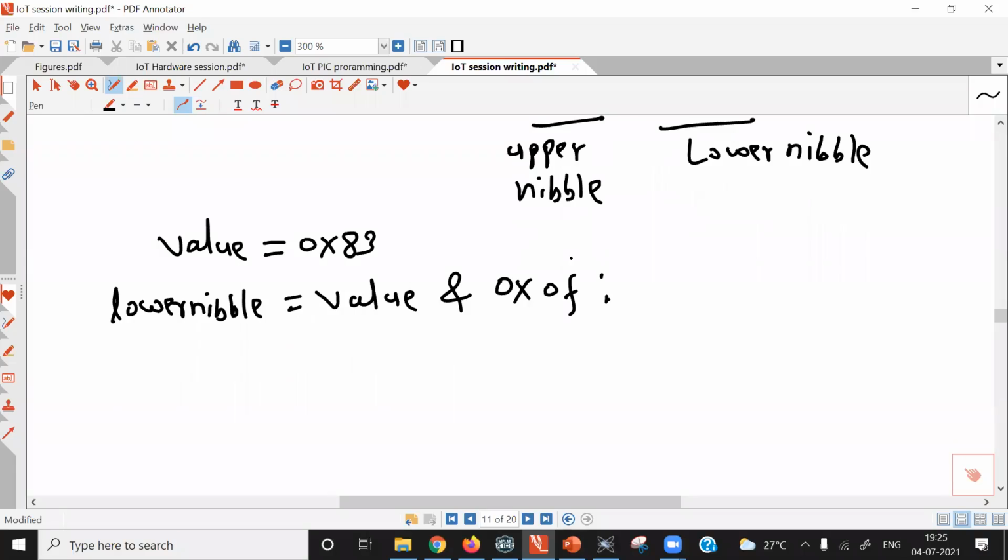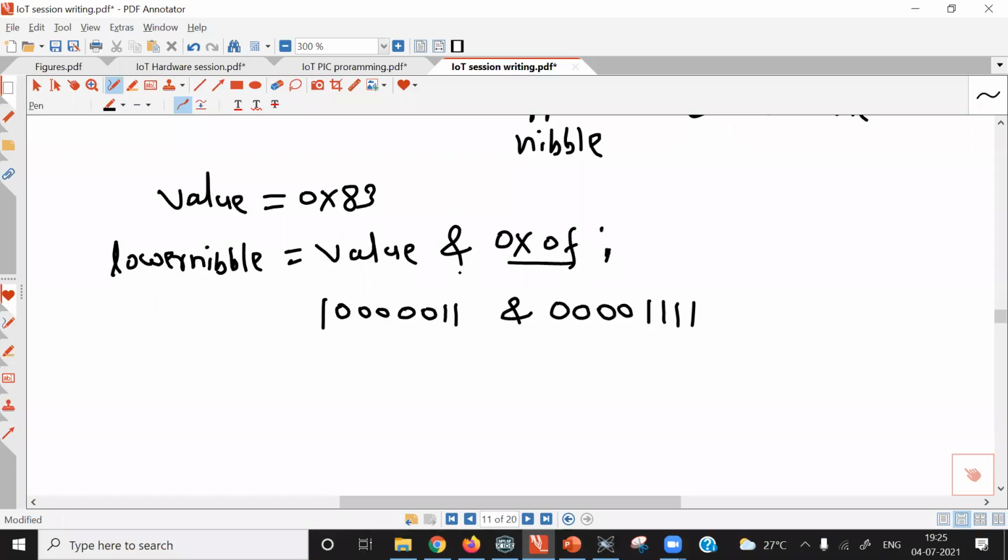Now what happens here is a bitwise AND. In value, what is our binary data? 10000011, ANDing with 0x0f. If you write 0x0f in binary, it will be 4 zeros followed by 4 ones.